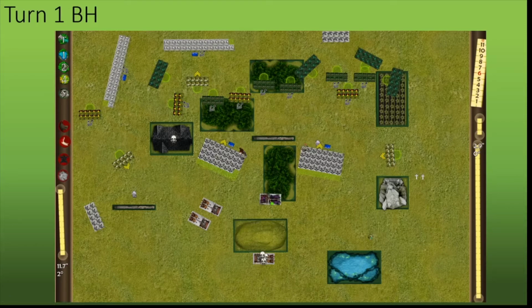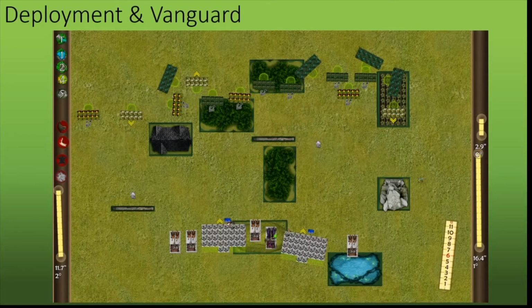So if we go back to deployment, maybe I should have just been... I don't know. Because of the way my list is, I don't know how I could have deployed differently. I could have deployed my archers further back, but then I would have to shoot through the woods to get to him. Maybe I shouldn't have put my woods here. Maybe I should have put my woods over here. That probably would have been...